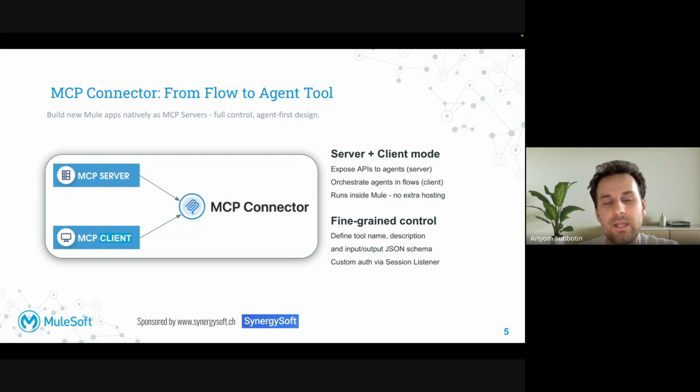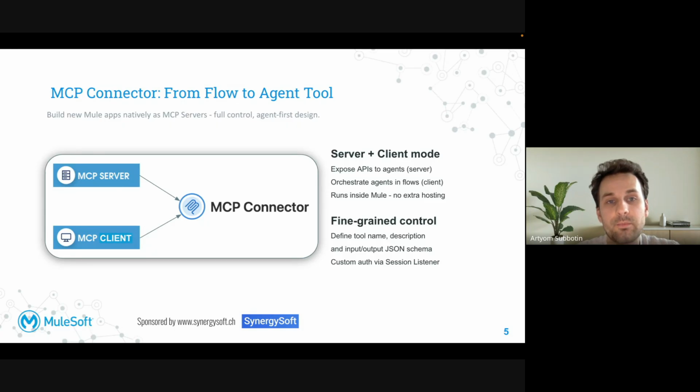In fact, both approaches can be used in parallel. I will show you a real use case later, starting with the MCP bridge for speed, then rebuilding strategically with the MCP connector where it matters most.